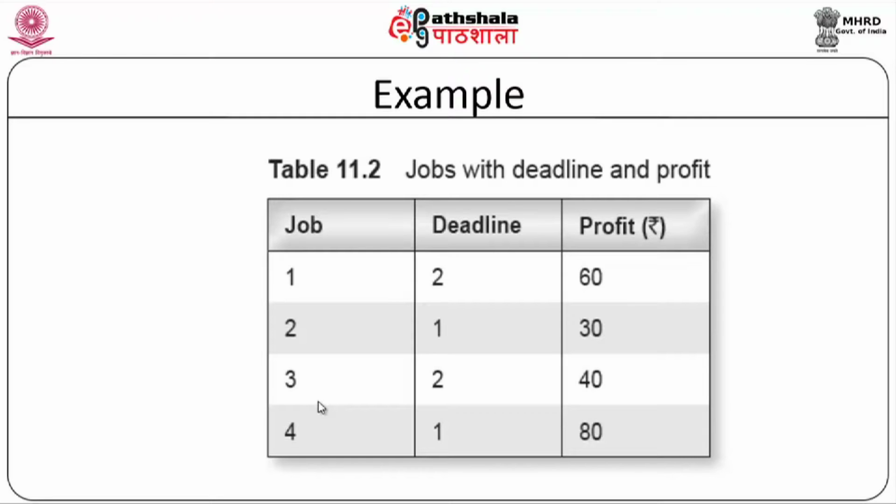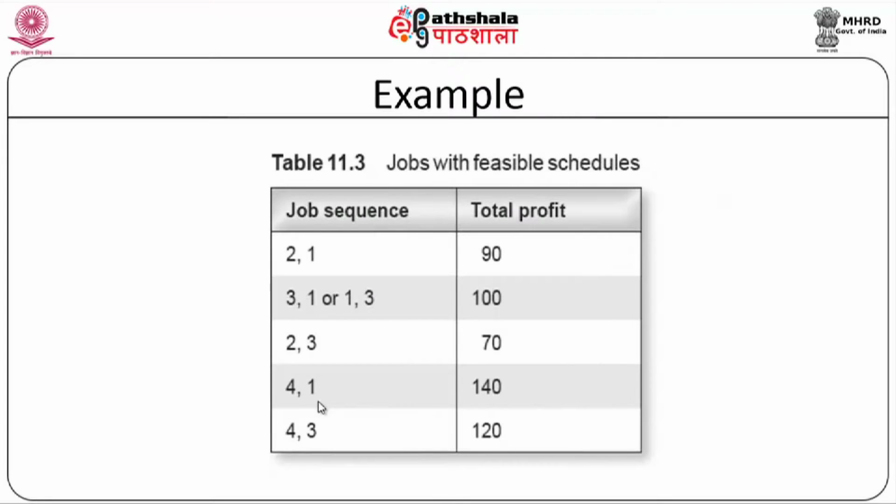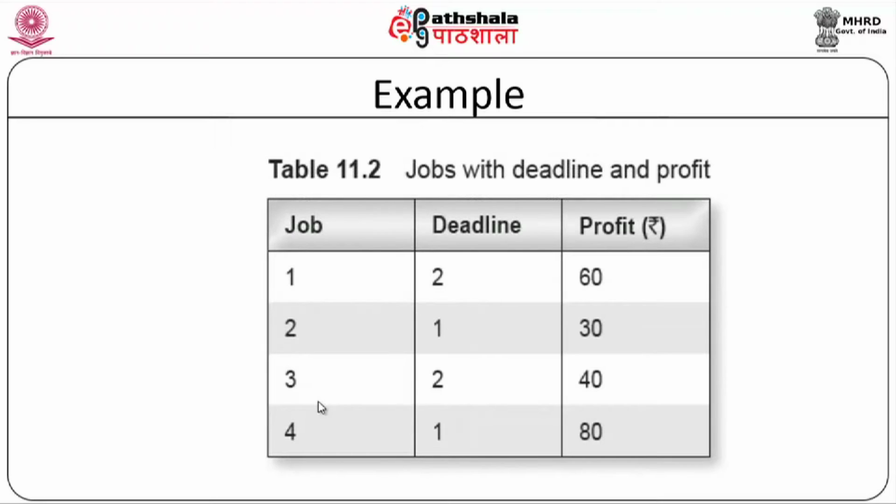So, you can see that the feasible sequences are 2, 1, 3, 1, 1, 3, 2, 3, 4, 1, 4, 3. For example, 2, 4 is not feasible at all. Suppose you consider these sequences, you can see that the profit is on the right hand side. The profit is going to be 140, which is maximum for 4, 1. So, you can see that the fourth job is associated with the maximum profit,